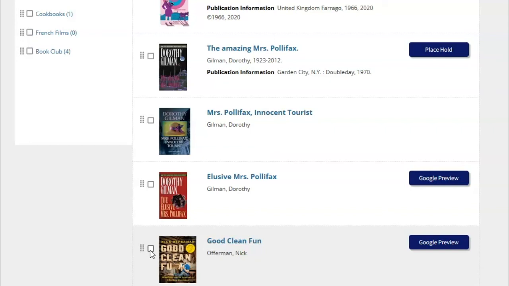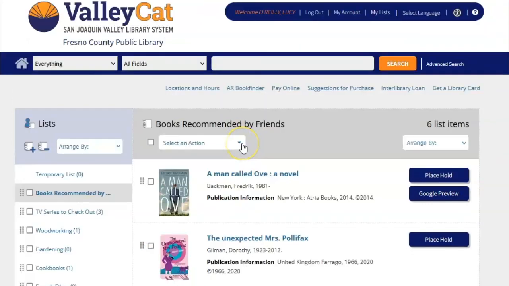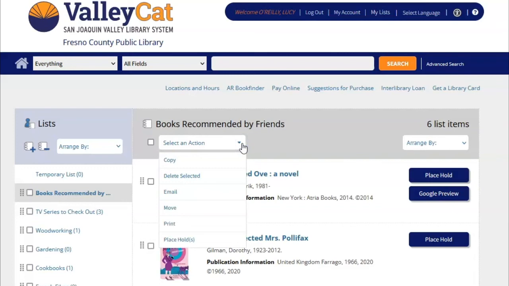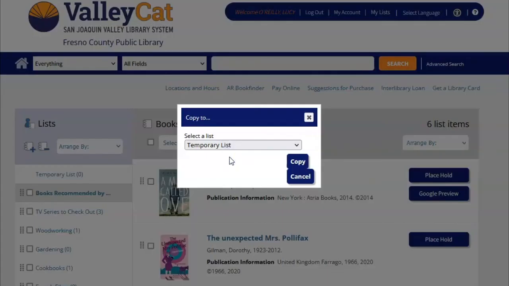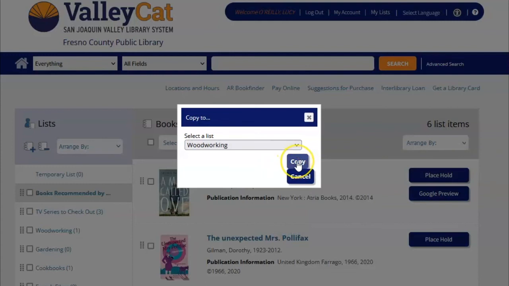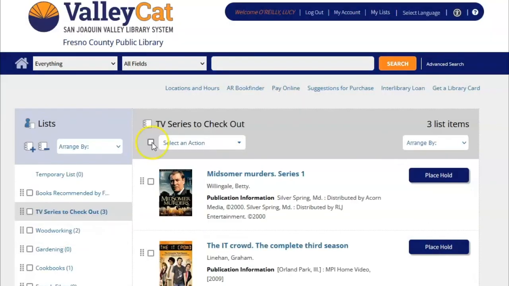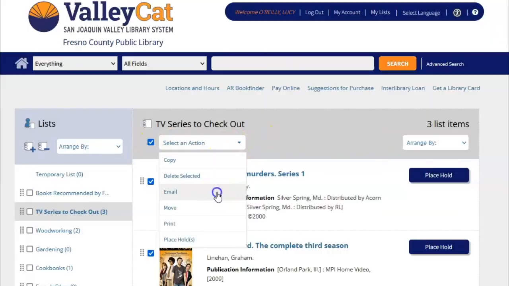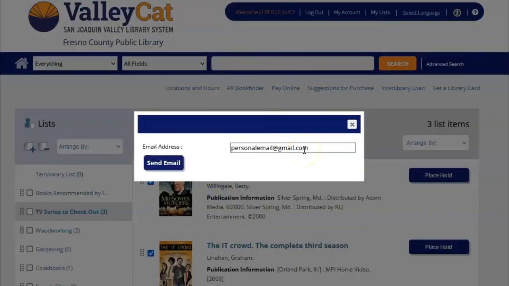You can also add the same items to another list by selecting the item with a check mark, choosing Copy from the Select an Action dropdown, selecting the list you would like to copy the item to, and clicking on Copy to finish the process. If you want to email some or all of the items from a list to yourself or someone else, check the box next to the items you want to share, go to the Select an Action dropdown, select Email, enter an email address,